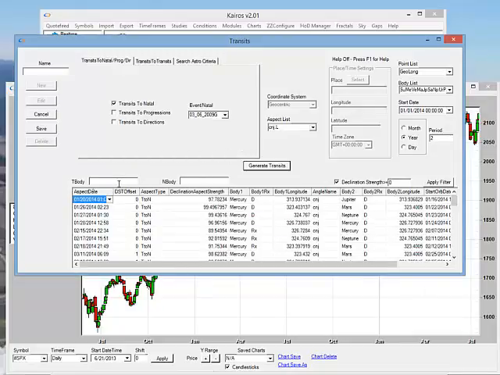You can filter the results with transiting body, natal body, or declination strength. Then you can name the transits analysis here and save. Once it's saved, the transit analysis is available for viewing in the chart and also in the time projection analysis window. So if you save this as test 1,